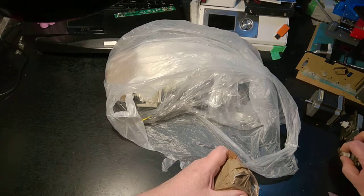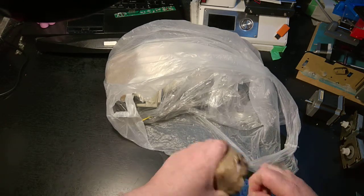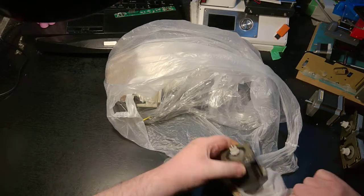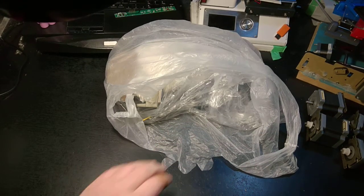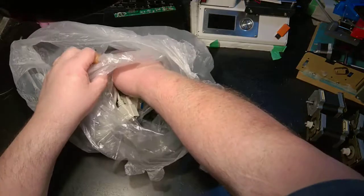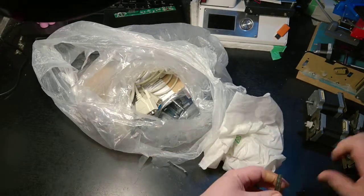So these have got cogs mounted on them, because what it looks like they were doing was having the stepper motors drive a bigger cog via a small belt. So the reason I say that is I've got some small belts,